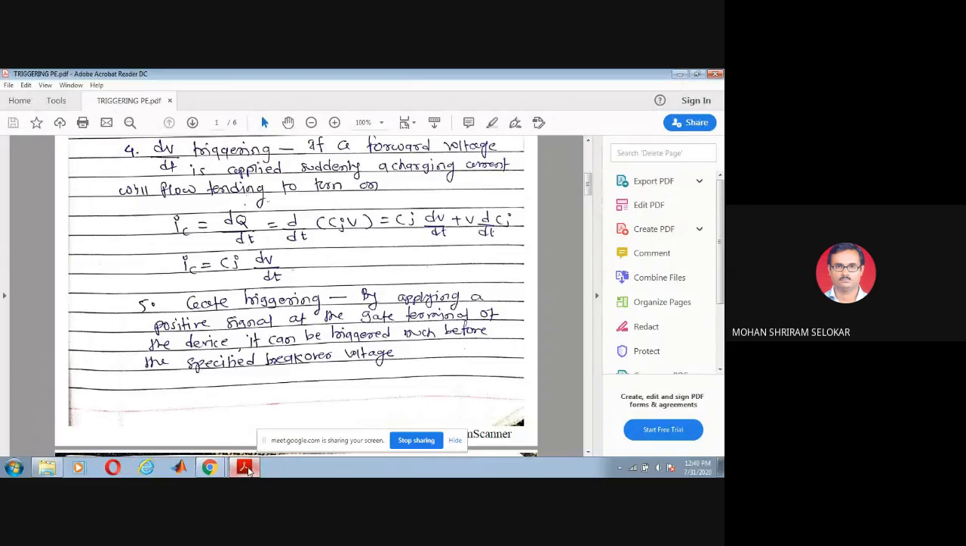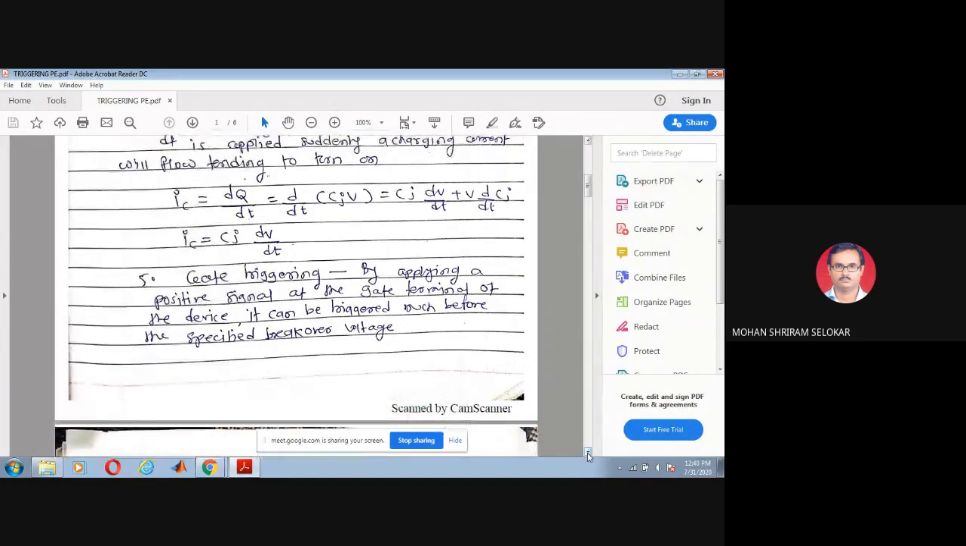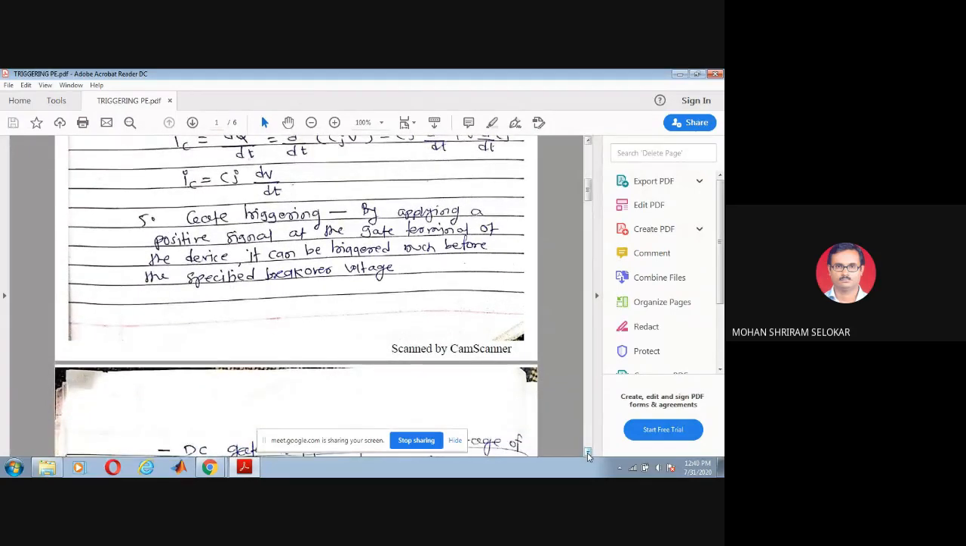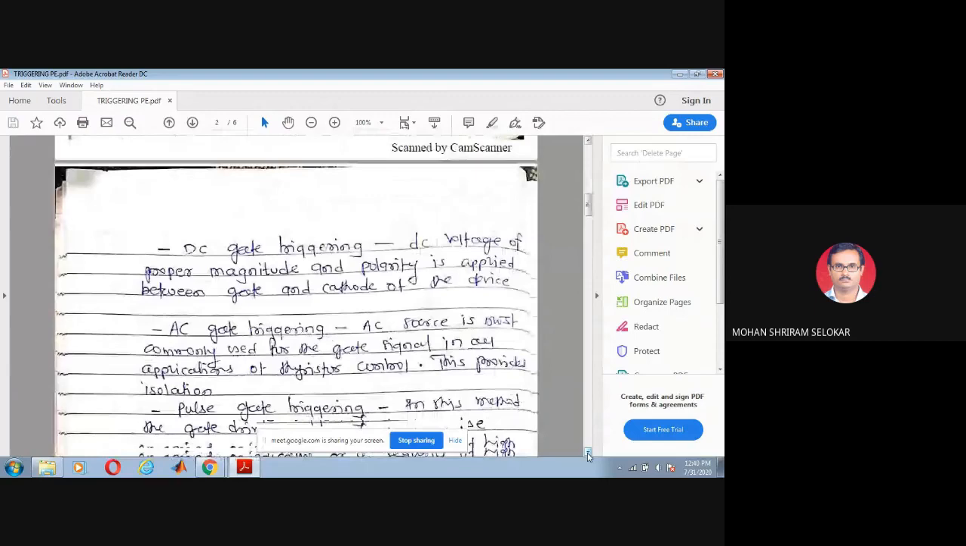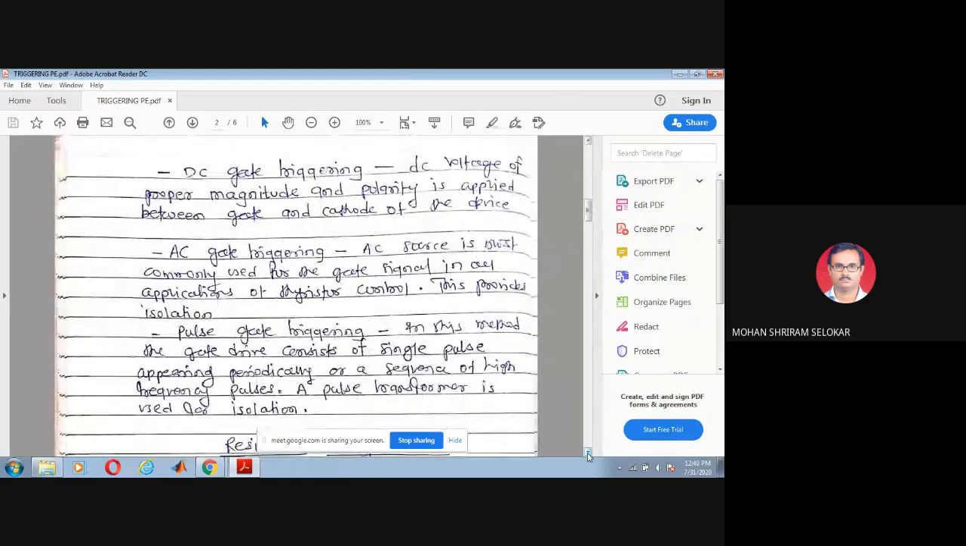Okay, next. In the gate triggering method, there are other subtypes of gate triggering depending on the type of voltage you are applying between the gate and the cathode. One is the DC gate triggering method,